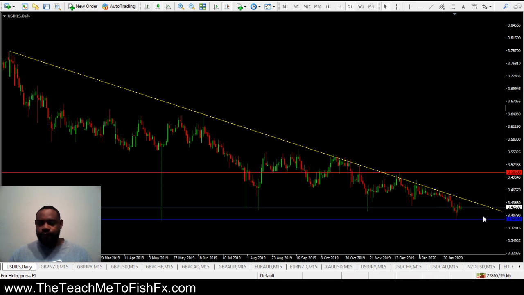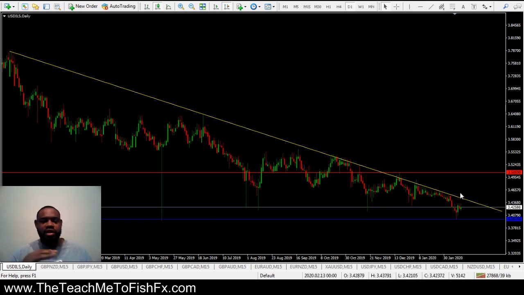Okay, but we're looking for it to possibly break the support and come back to retest it to see if it can be used as resistance and continue to follow this trend line, because that, again, is the overall move here on the daily chart. That's the overall move for this pair. All right, and this pair that I'm looking at is the US dollar versus the Israeli shekel. Okay,